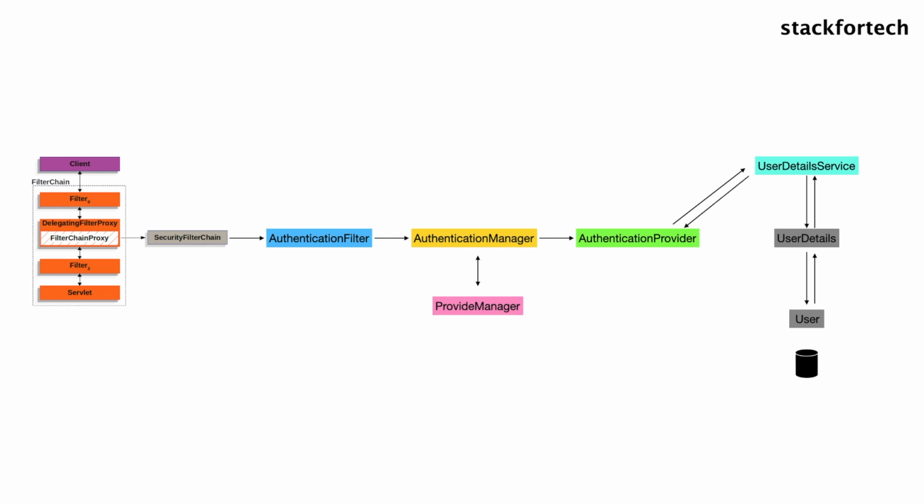Then the authentication provider will pass it backward to the authentication manager. Then it will again pass it backward to the authentication filter. Now this authentication filter will be having this authentication object. It will set that authentication object into a security context which is provided by Spring. We'll be looking afterwards at what security context is in detail. So once this authentication object is set into the security context, and this security context will be inside a security context holder, then the user is now authenticated and the authentication object is available in the security context.